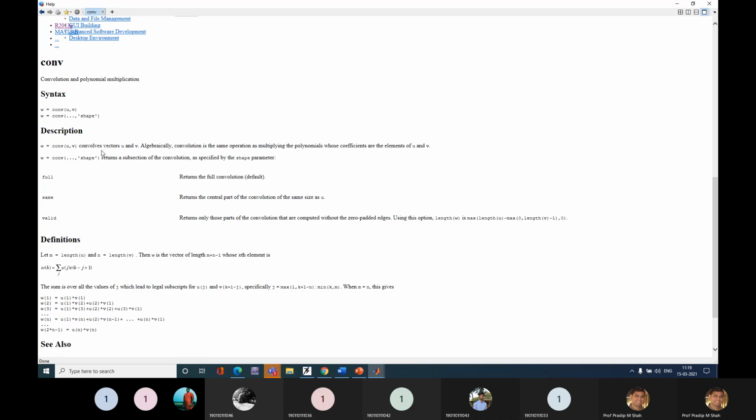The meaning is that if you want to convolve vectors u and v, or two signals u and v, then you write it this way in round brackets, u comma v. But before taking a convolution, you need to define the signal sequences or vectors u and v.